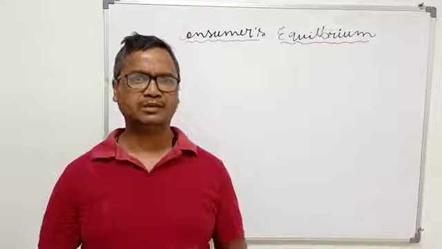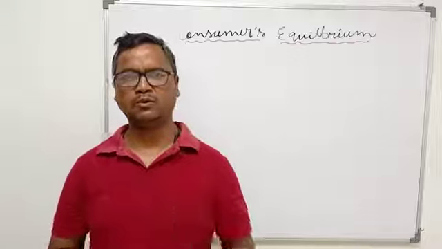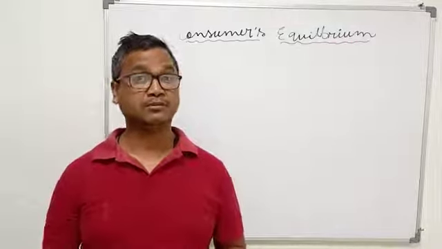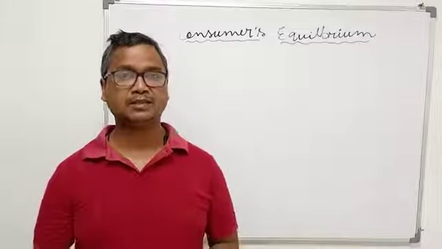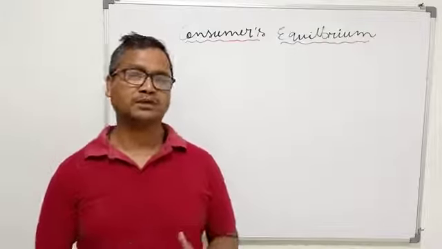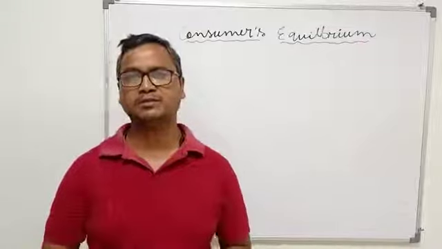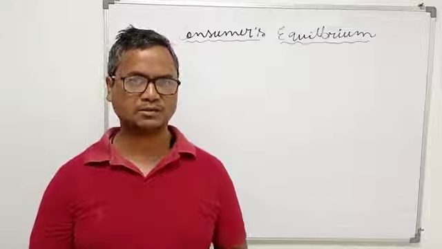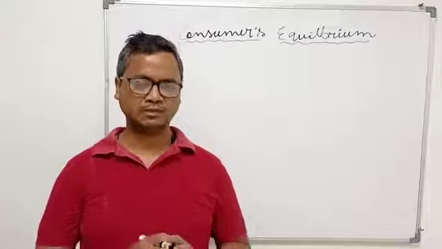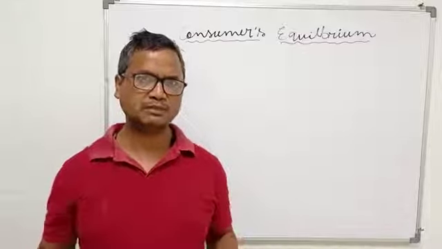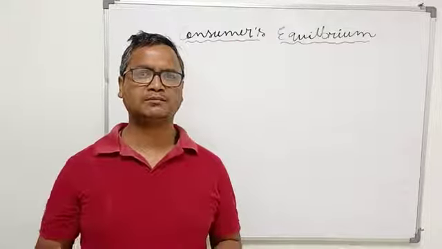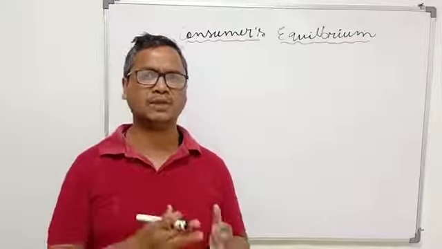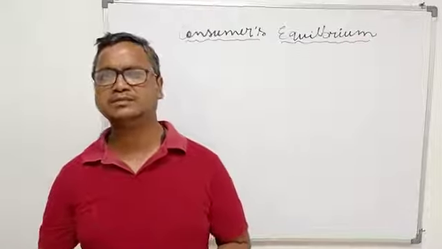That is, whether a consumer is getting more or less, he can order the utility, but he or she cannot claim that this much utility is being obtained from consumption of a particular commodity or goods and services. So according to the ordinal approach, utility cannot be measured in numerical form, but we can rank or order the utility derived from different goods and services.